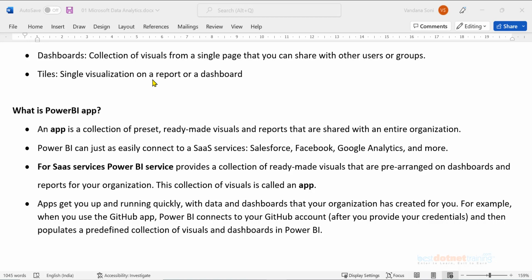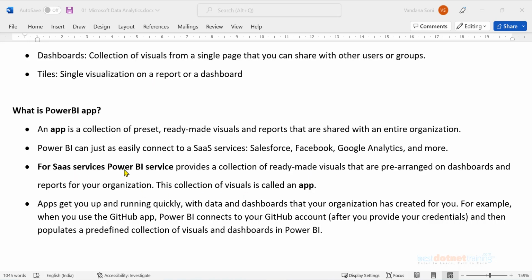You have different software as a service, like Facebook, Google Analytics, GitHub. For all these, you can have a pre-built app. Pre-built reports will be there in that app, but the visualizations can be generated in those reports from your personal data. I'm going to show you one example of an app here.